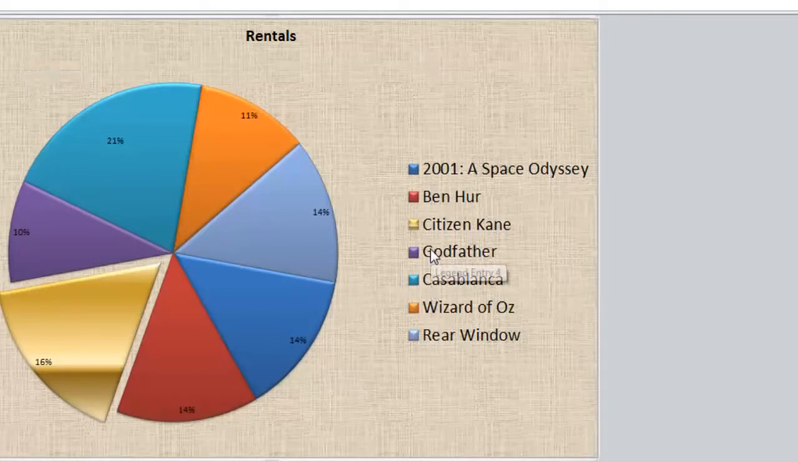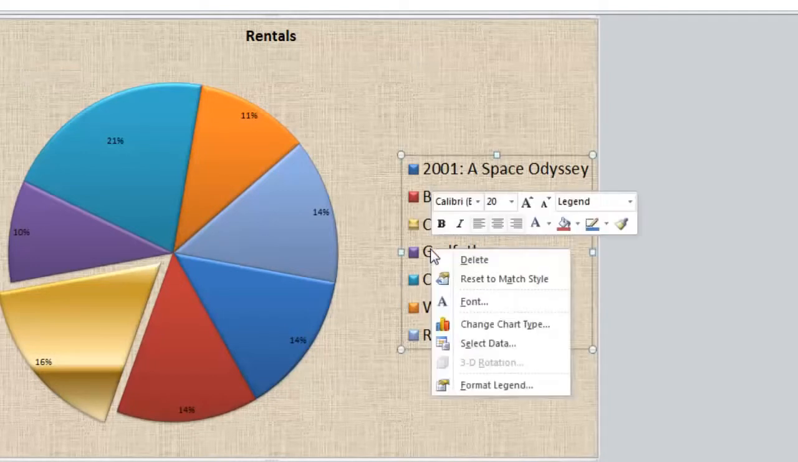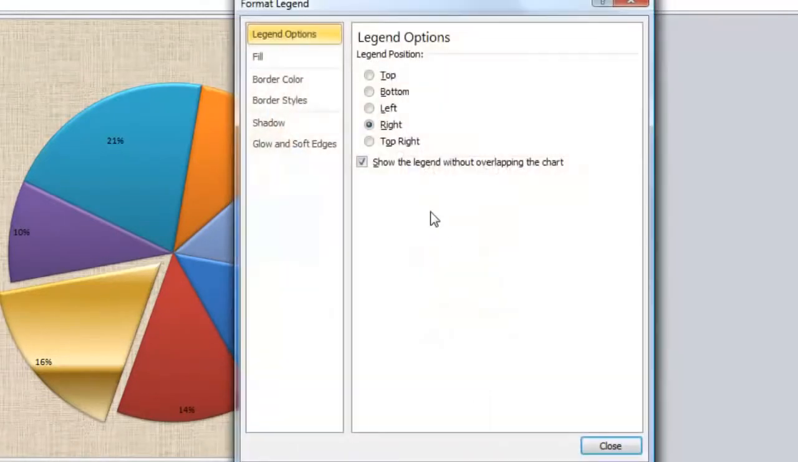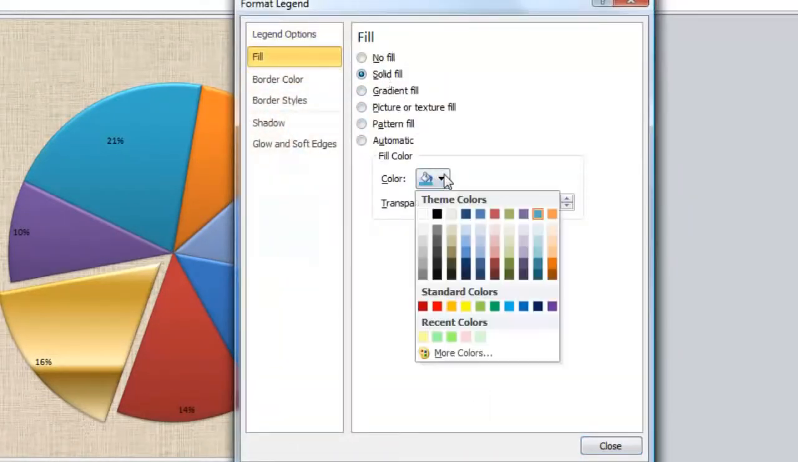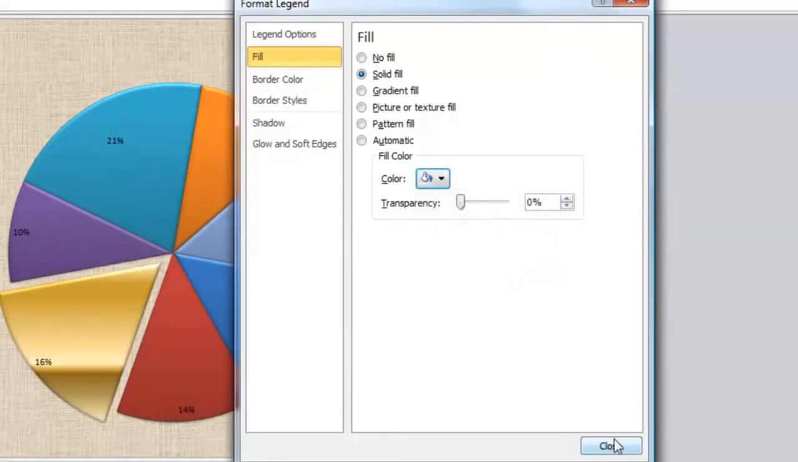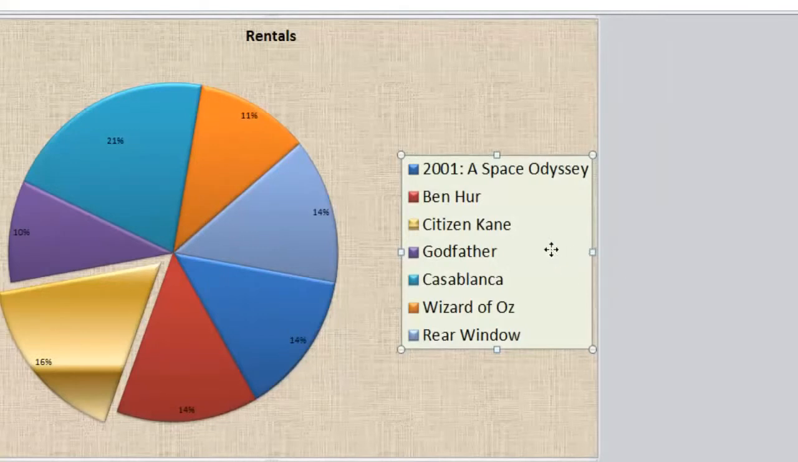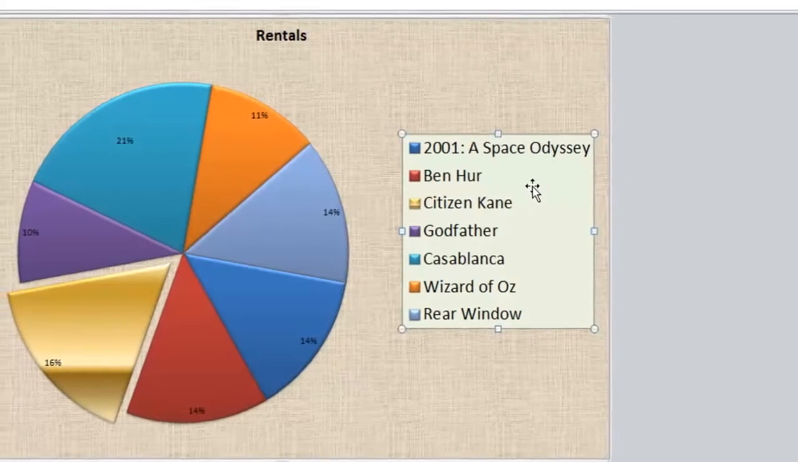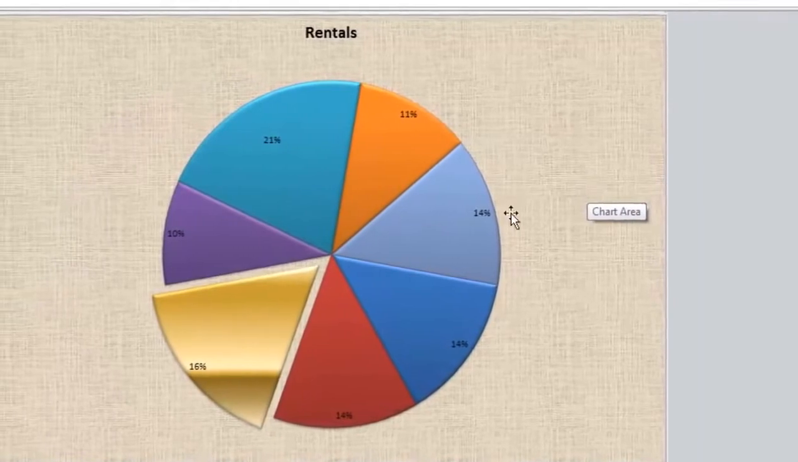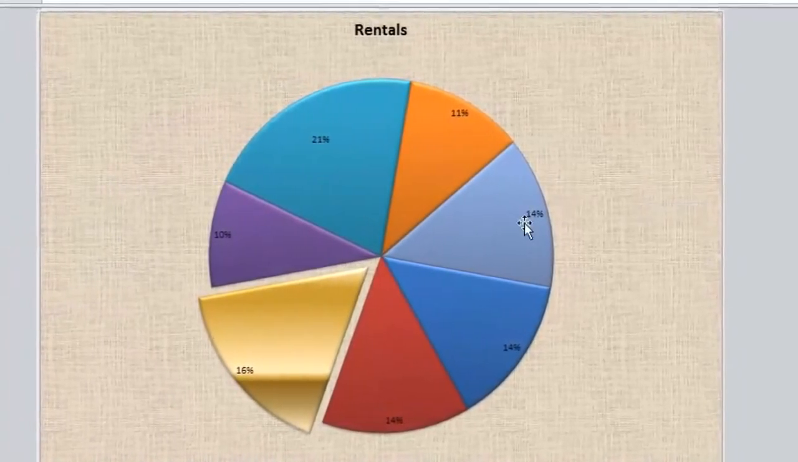And likewise, I could maybe select the legend and right click, choose Format Legend, go to Fill, choose a solid fill color for that. And maybe just have a light green, click close, so that legend box stands out a little bit more. Now I might decide I don't want the legend box anymore, so I can click on that and press the delete button, but then I've got a small problem that people don't know what these values refer